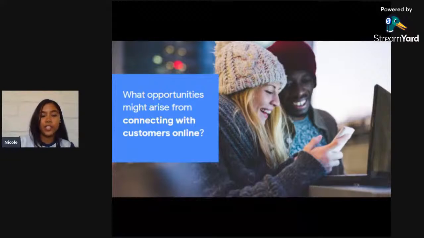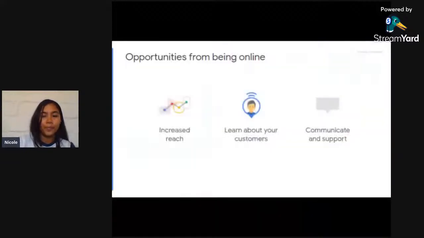So there are loads of benefits to being online as a business, and we're going to take a look at a few of them. So let's take a look at the opportunities of what being online are. And these include the following. The first being increased reach, global access, 24 hours a day, 7 days a week. You can reach niche audiences, allow customers to find your products or services easily.